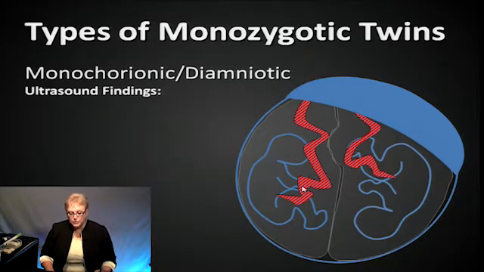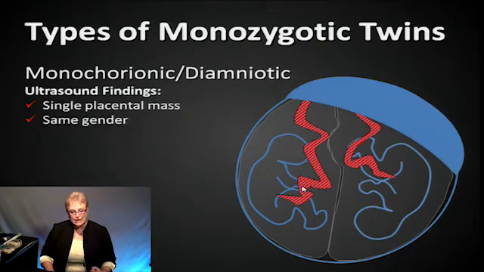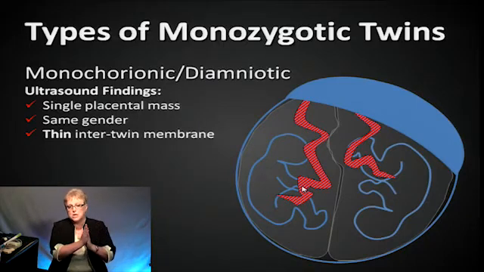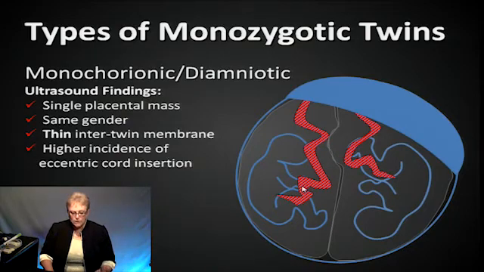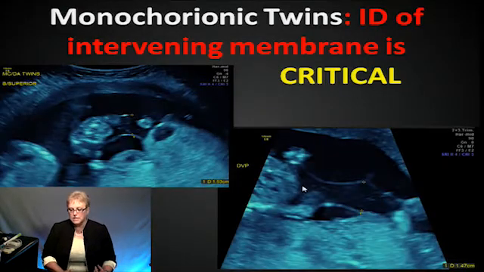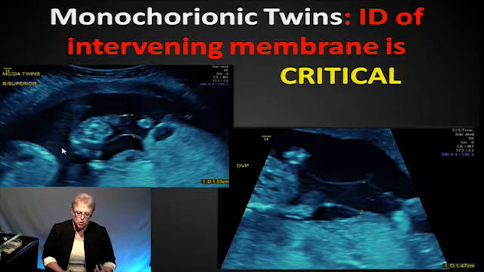So findings that we see with the monochorionic diamniotic twins is the single placenta, same gender, a thin intervening membrane, because now all we have is 2 amnions. We only have 2 layers. There's a higher incidence of eccentric or velamentous cord inserts. And it's very important when you're looking at monochorionic twins of people that'll come along and they'll say, oh, well, this is that baby's fluid and the other baby's was over there,